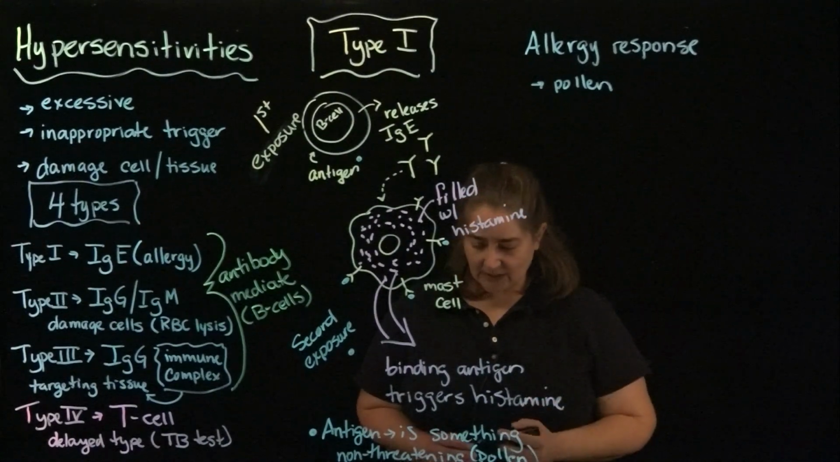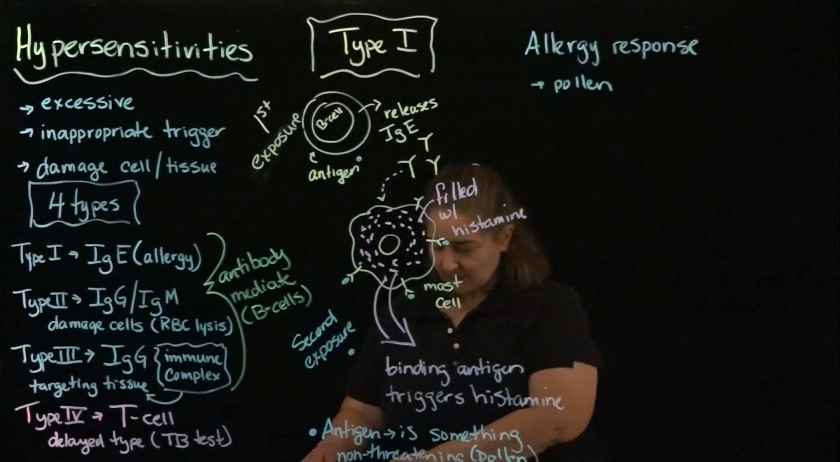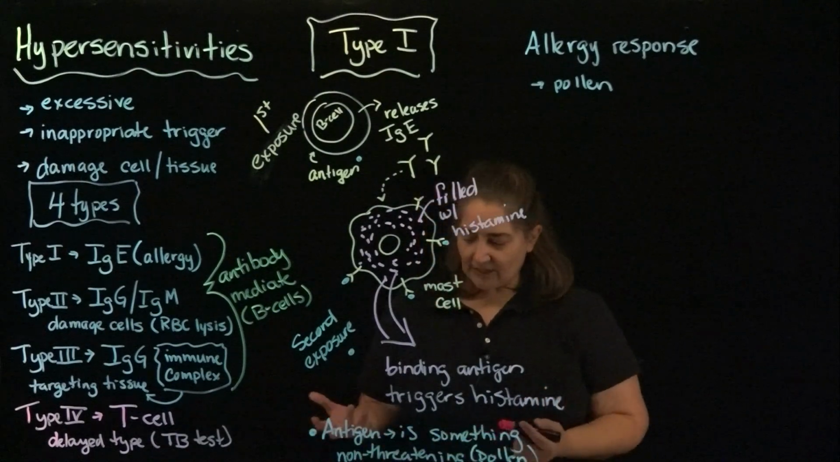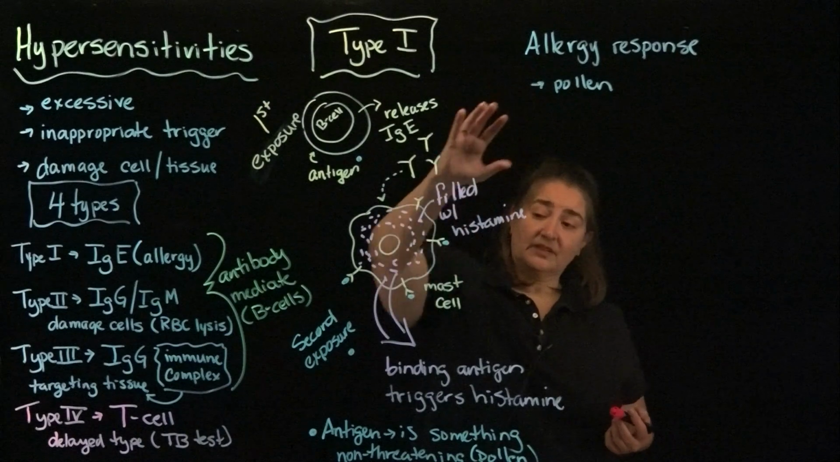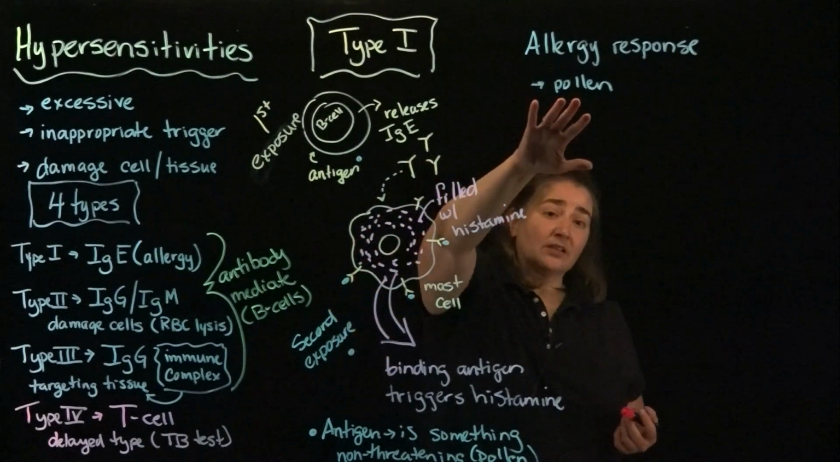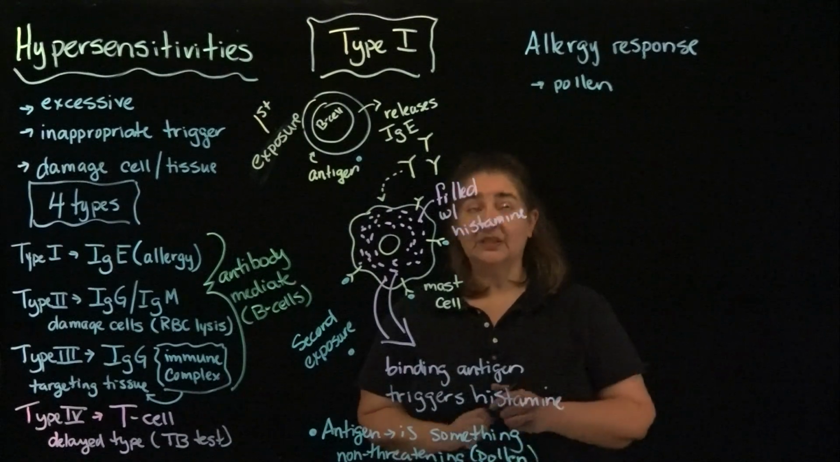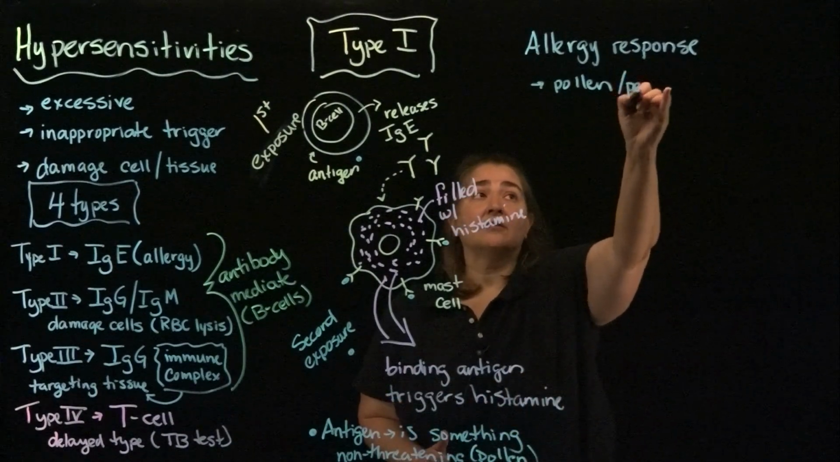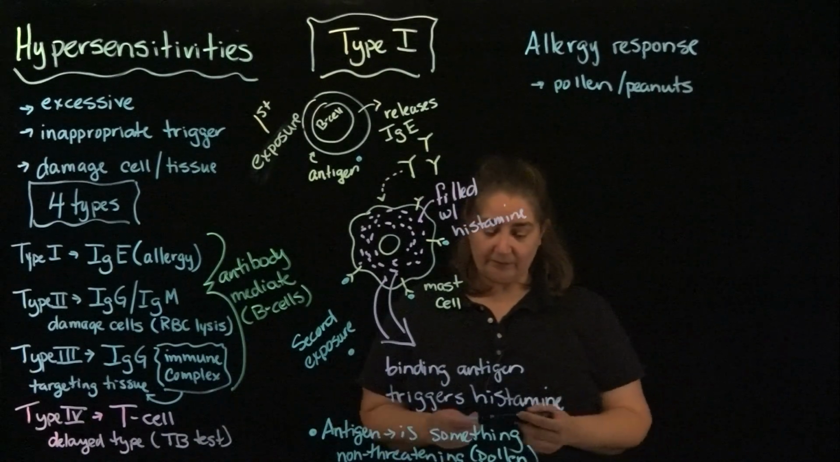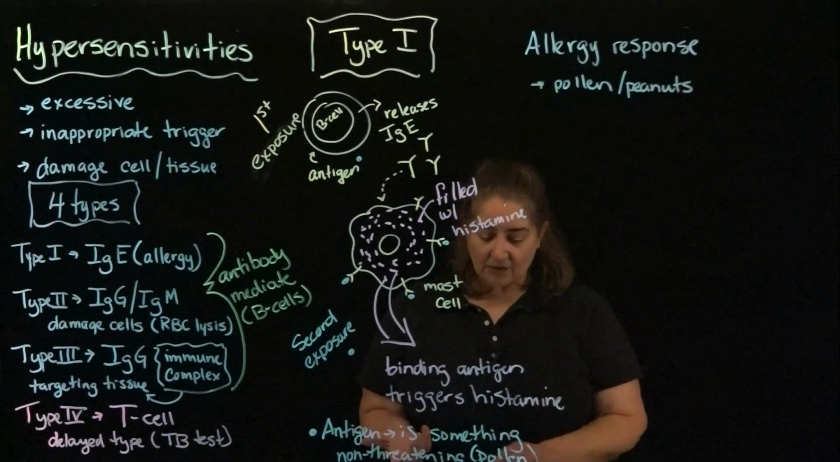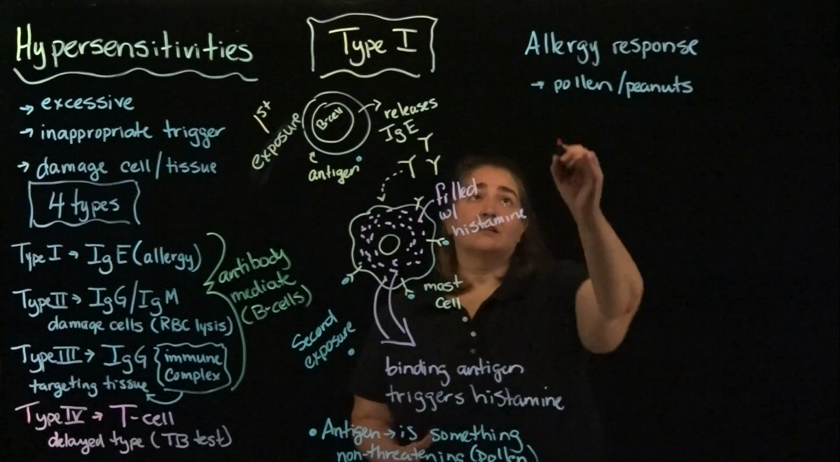So with that type 1 hypersensitivity, you're encountering something non-threatening. And I use pollen as an example. There are also various foods like peanuts, which tend to be a very common allergy, that can result in this response as well. Okay? So what ends up happening,